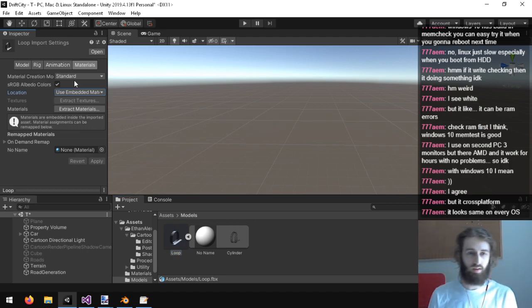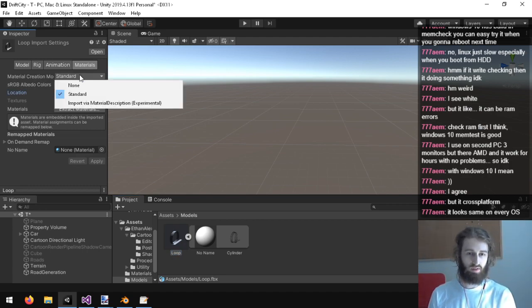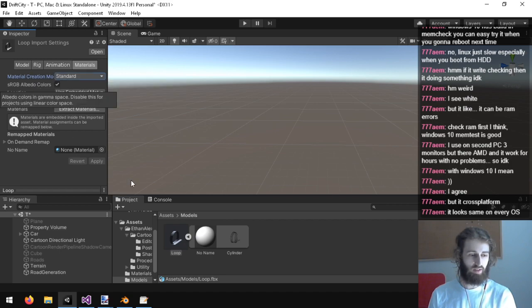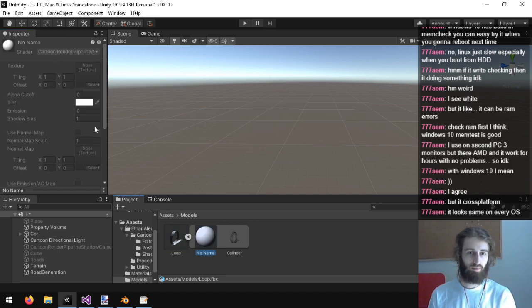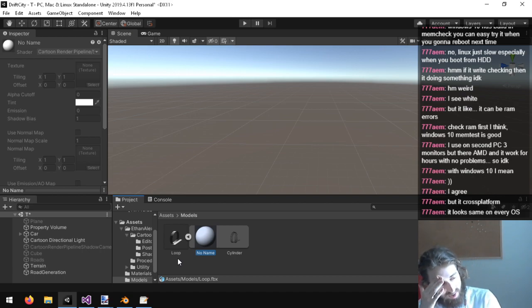This whole thing of creating materials: it automatically creates materials for you, but then they're blank and you can't edit them. So it generates blank default materials over and over and over again.